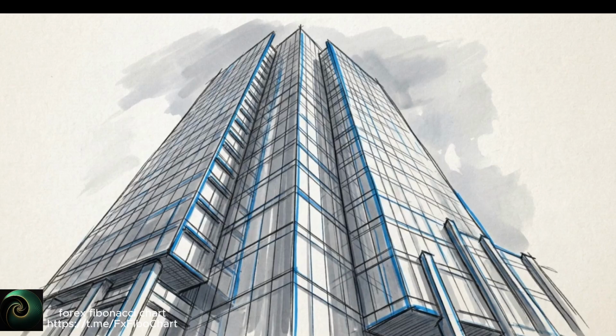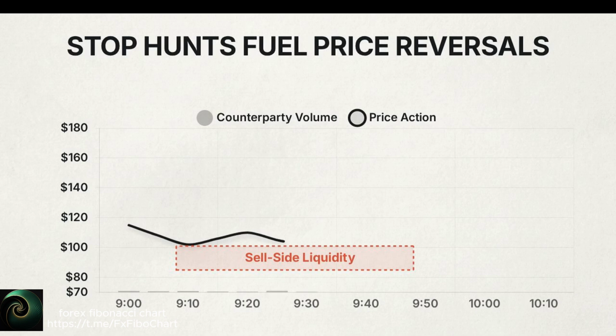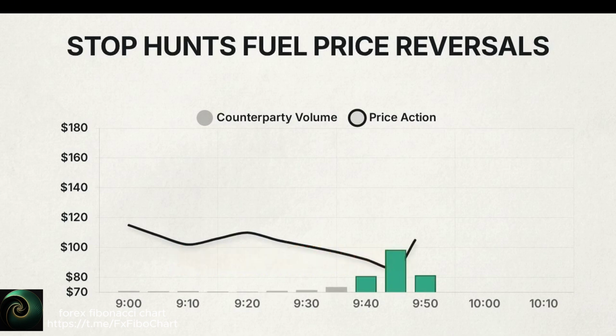Banks and hedge funds trade with massive volume. To fill their orders without causing price slippage, they need an equal amount of counterparty volume. By pushing prices into areas where retail traders group their stop losses, they trigger the volume they need to take